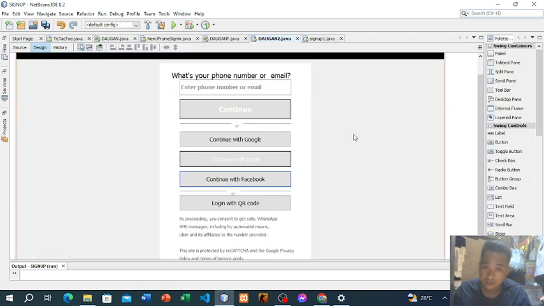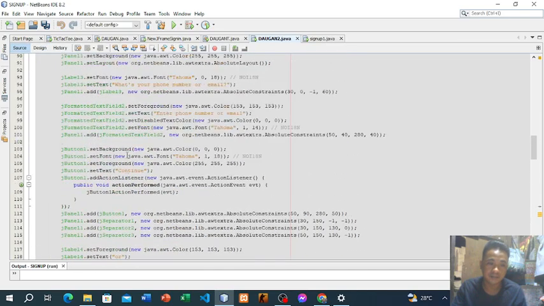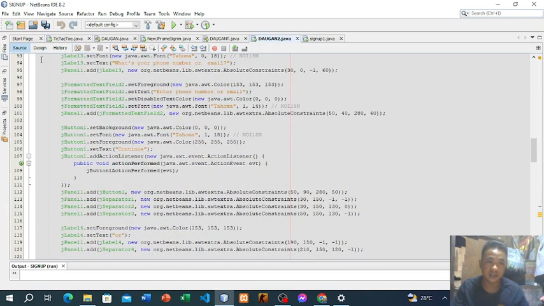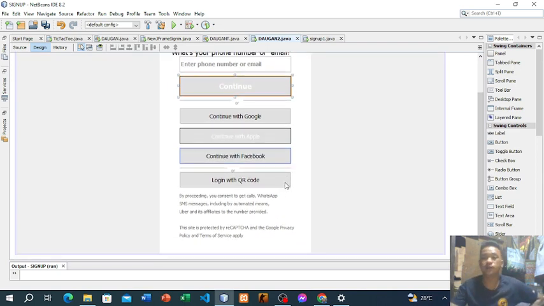To find the code faster, just double click what you have input, just like a GUI button, and it will automatically show the exact place where this GUI code is. So that's all, sir. Thank you.